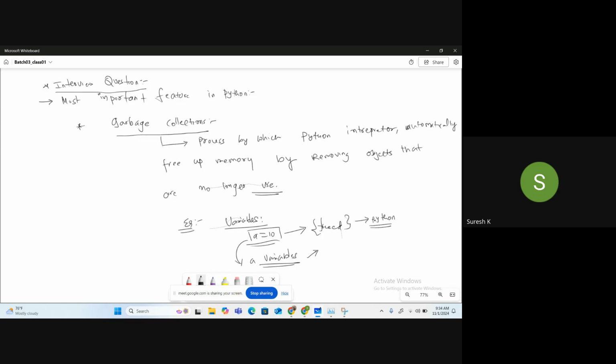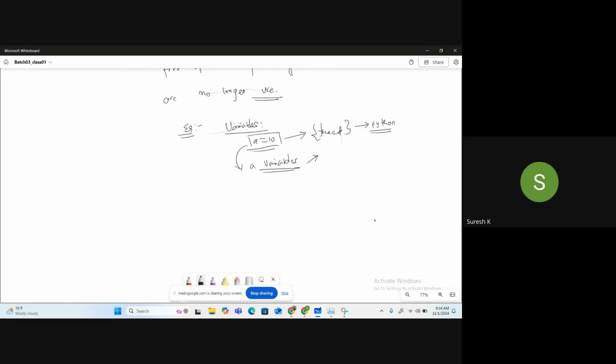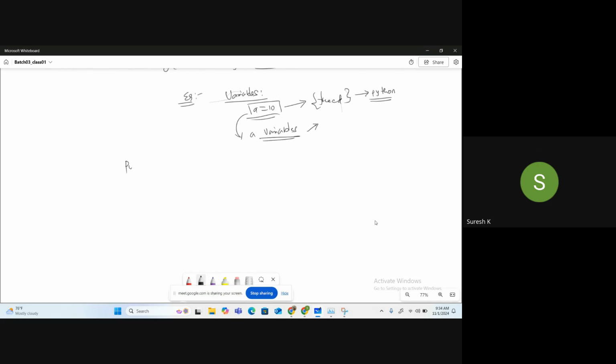And also we have something called the GC collector, the GC module. We will talk about this in later classes.